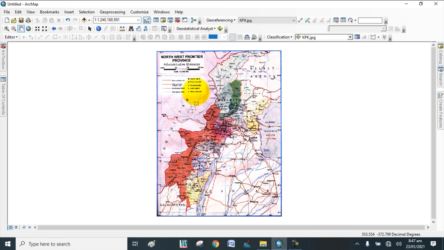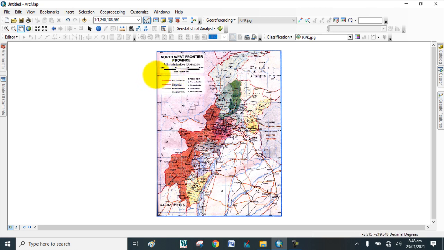OK on this box. There are two types of georeferencing in GIS software. One is called image to image georeferencing. The second one is georeferencing with the help of adding XY coordinate values to the map. In this tutorial, we will show you simply how to georeference a map by adding coordinate points.